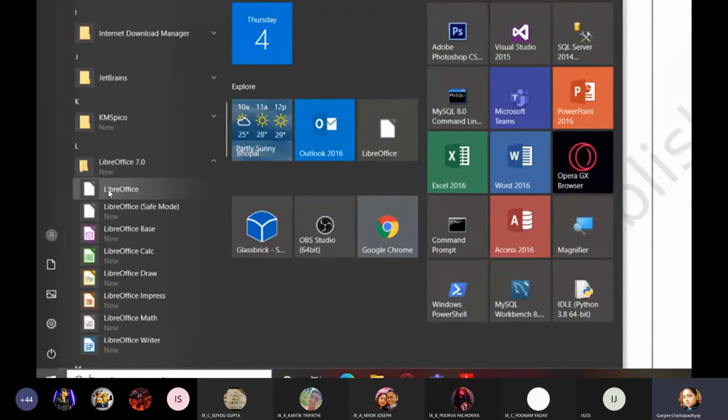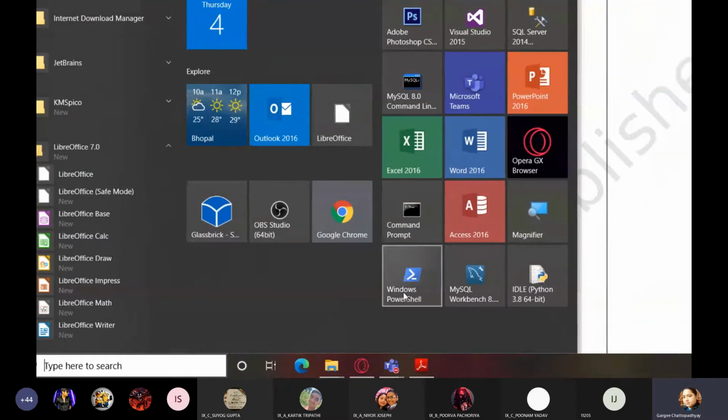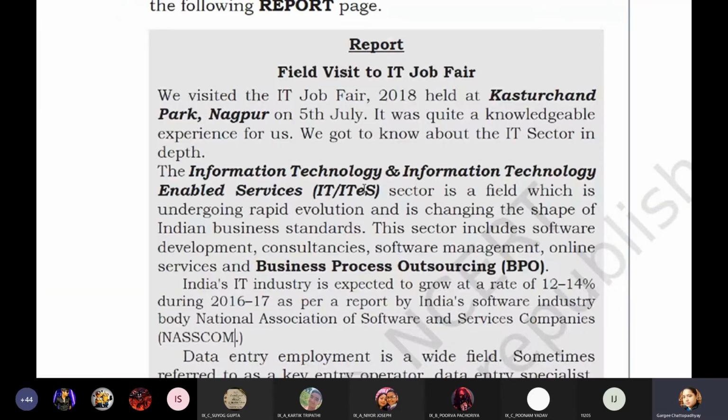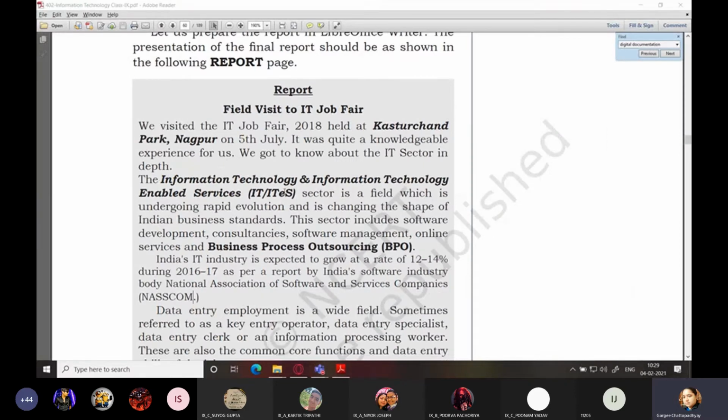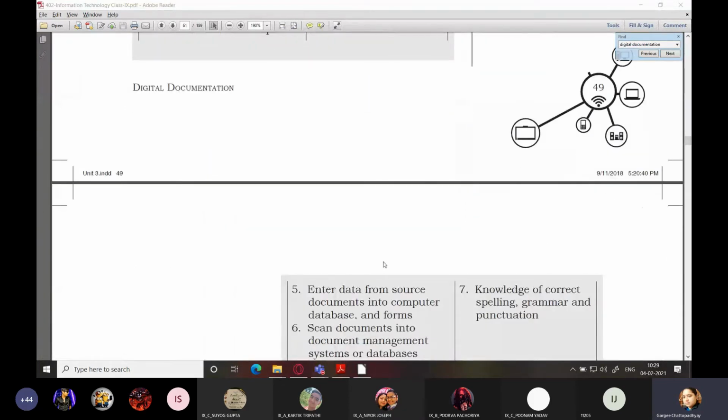You can also directly start Writer from this Writer icon, and I have already pinned LibreOffice to my start menu, so I will just click there to start it. So it's taking a while. So let's see what we are going to do today.